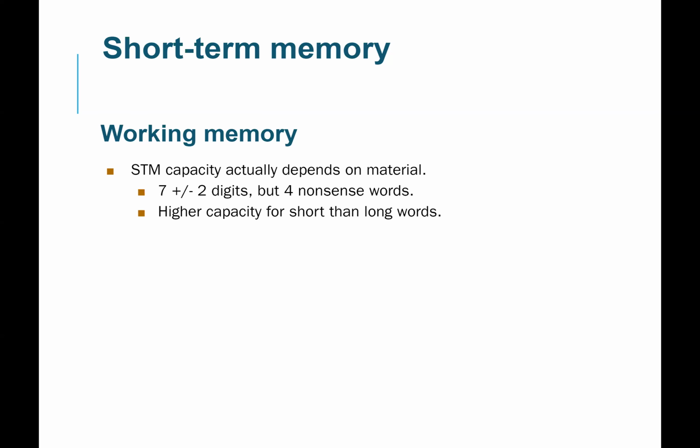What if the words are shorter or longer? What if they mean something to you, right? All of these things change the chunking and how many chunks there are. So the claim is a little weird, to claim that there were only this many items that you could remember. Does that make sense?